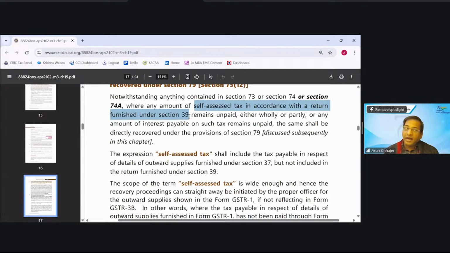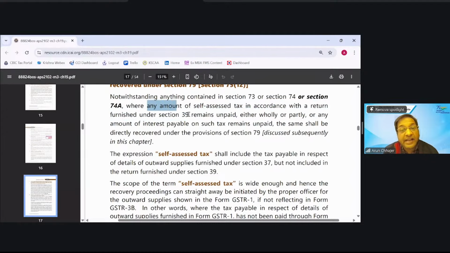Because अगर आपने कोई टैक्स ऐड कर दिया 39 में 3B में, तो 3B तो तब तक फाइल नहीं होगा, the GSTR 3B would not be filed जब तक वो टैक्स जितना 39 में दिखाया उतना पे ना कर दे। We all know that GSTR 3B cannot be furnished even without paying the taxes. No, 39 में जितना टैक्स दिखा दिया वो तो पे करना ही पड़ेगा।